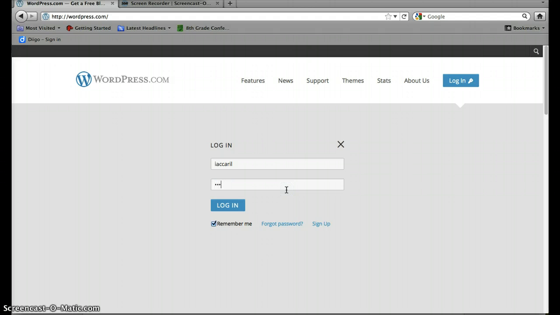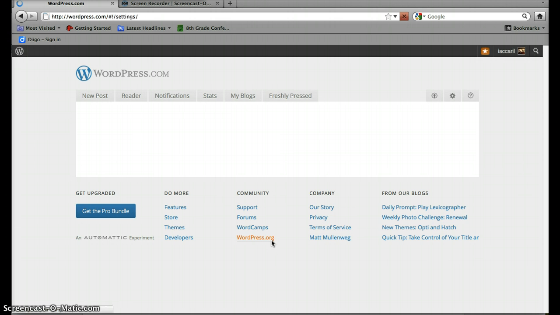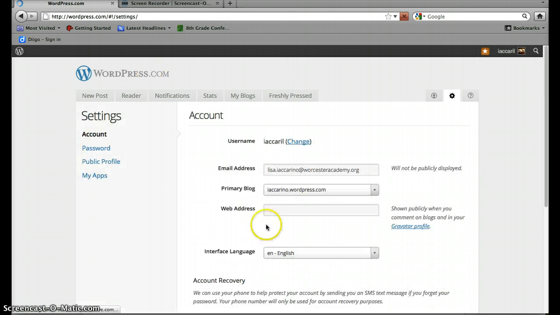Type in your login information. If you forgot your login information, I suggest clicking on the Remember Me, but if you forget your password, you can just go to your password and I believe you type in your email and they'll send you an email with your login information. So once you log in, it's going to bring you to this screen, and chances are